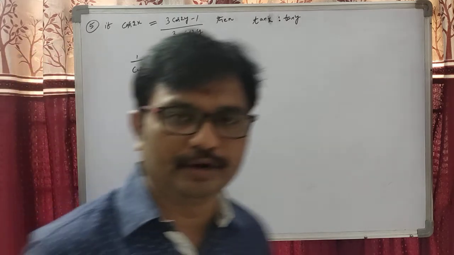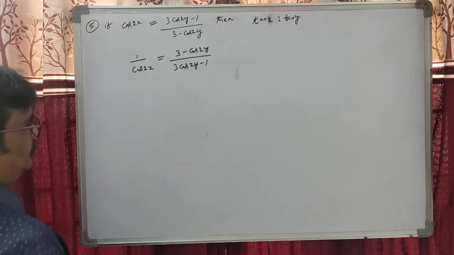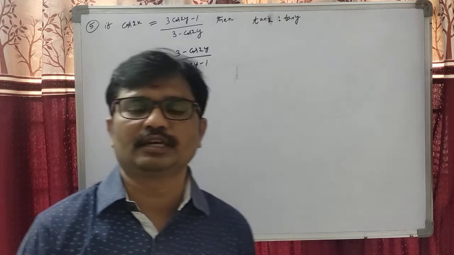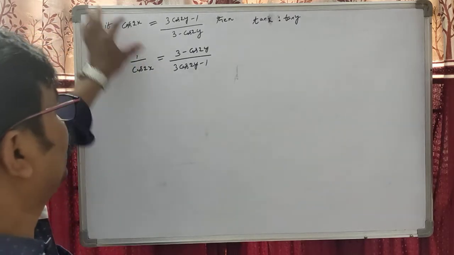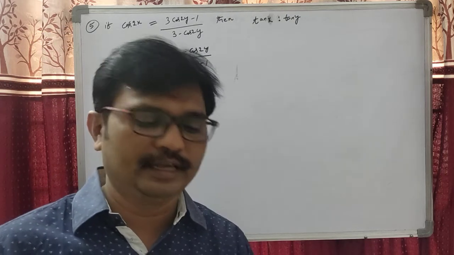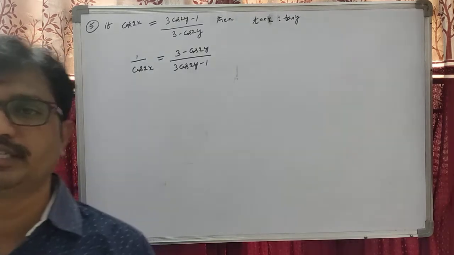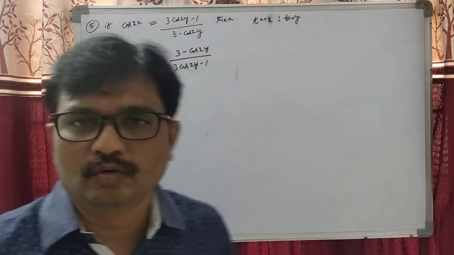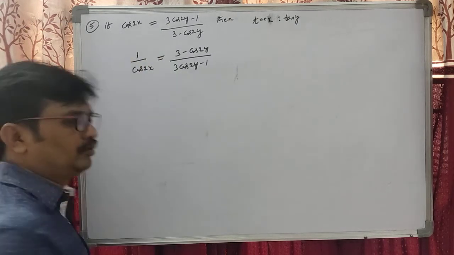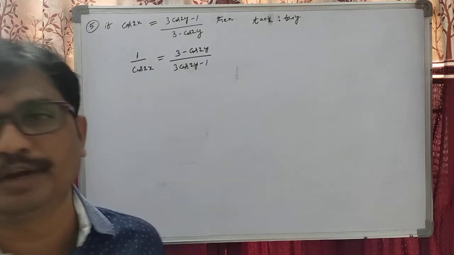On applying componendo and dividendo. What is it, students? On applying on both sides componendo and dividendo. Just observe, students, when the simplification is given, if the question is given in terms of cos, undoubtedly we can take between plus and minus, in between 1 and cos, and undoubtedly we get tan. That is our simple observation. Okay, students. When we take 1 and cos between plus and minus, then undoubtedly we get tan x on applying componendo and dividendo.